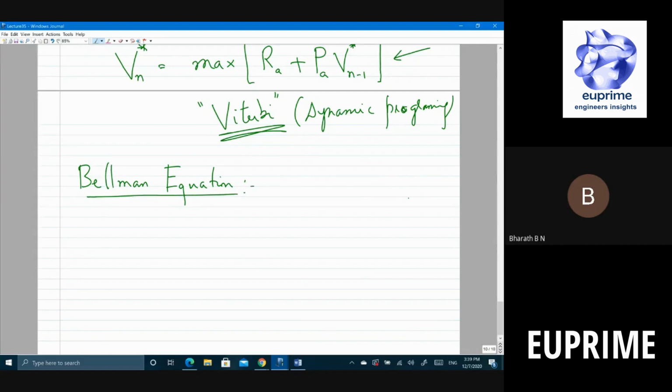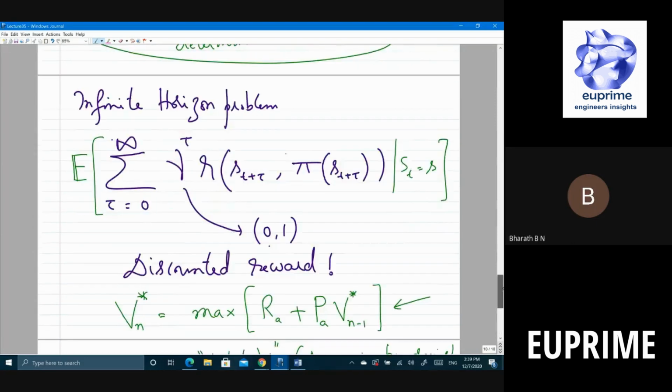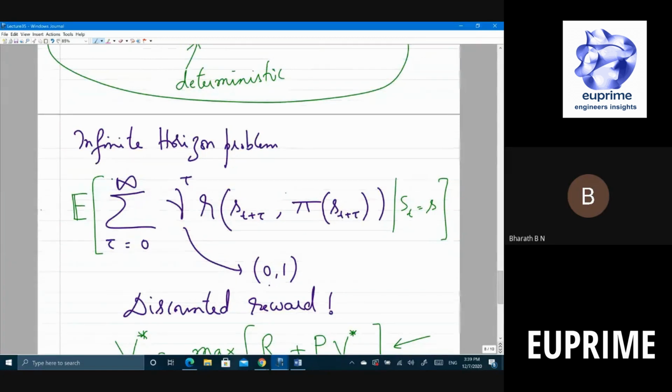So what do you think is Bellman for our case? First of all, we need to look at what is the discounted reward. Let me call this the value that you get, V, being in state S. That means you start in state S and follow the policy pi. Pi will tell me what to map: if you are in some state, it will tell me what action to take. So pi is the policy that you are going to follow. Being in state S, V pi of S is the expected discounted reward that you get.